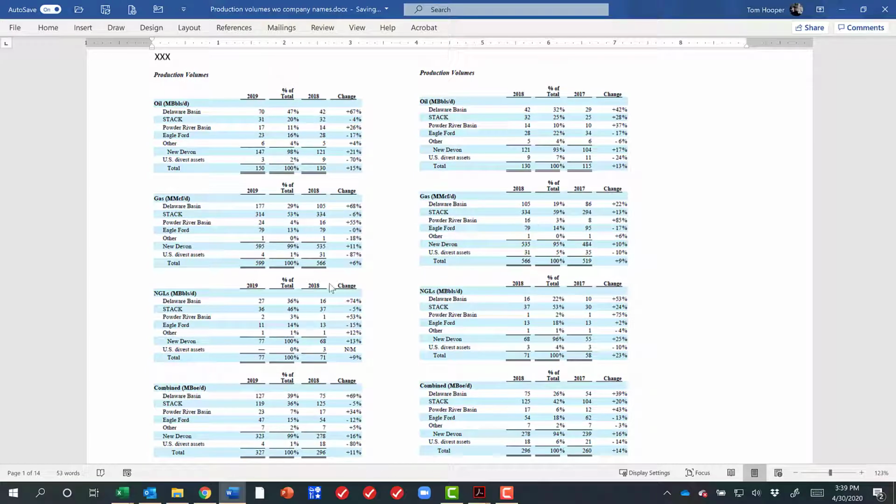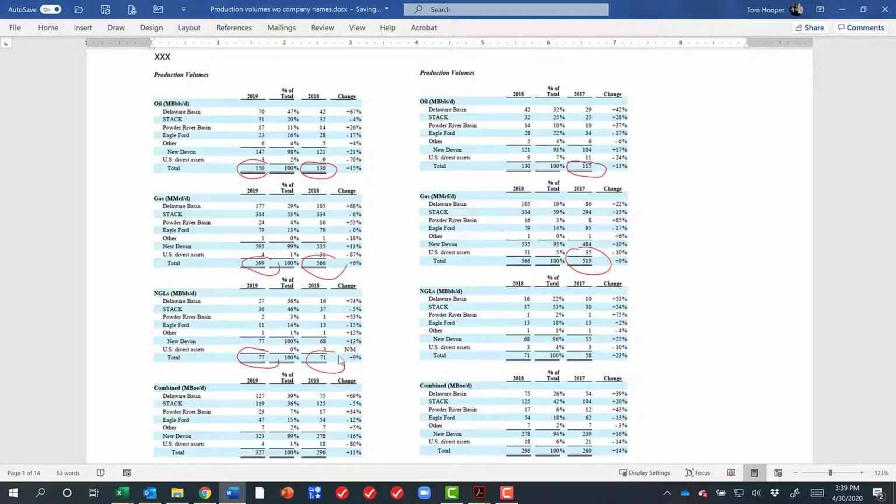This company provided it in 2 separate tables, which made it a little bit more difficult. So my 2019 oil is there and 2018 oil is there, but then I had to go to a different table to get 2018 or 2017 oil. And then gas, gas, and gas,